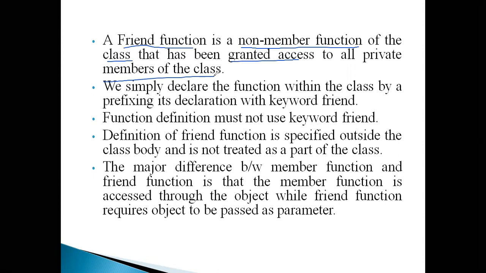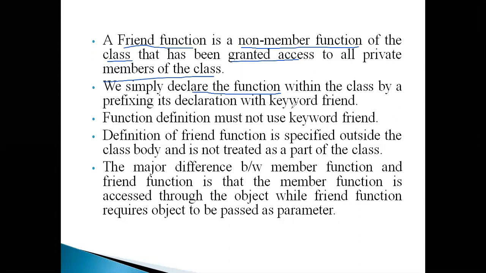For example, there are two classes A and B. Now A has a private data X. To access the private data X, the member functions of A can ultimately access it. But now we extend that access to the next level. Now there is one more class named B. From the class B, suppose the functions of class B still want to access the private data X. Then how can they access it? Whenever we make those functions friend functions, those functions can simply access the private data of the class.